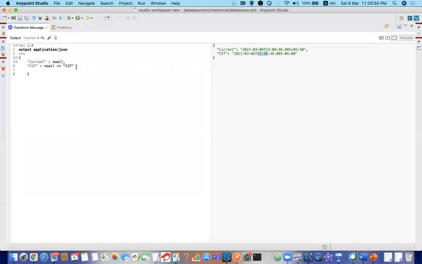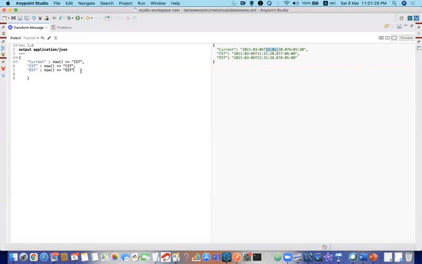Right? Can we try EST? Yeah. Okay. Because you're in EST zone? Yes. Okay. So this is EST. Clear? Awesome. This is 1 hour ahead. Make it IST. Already current is IST because my server is running in IST time zone. You can just, if you see here, IST, it will give the same. Clear? Okay. So this is regarding your time zones.